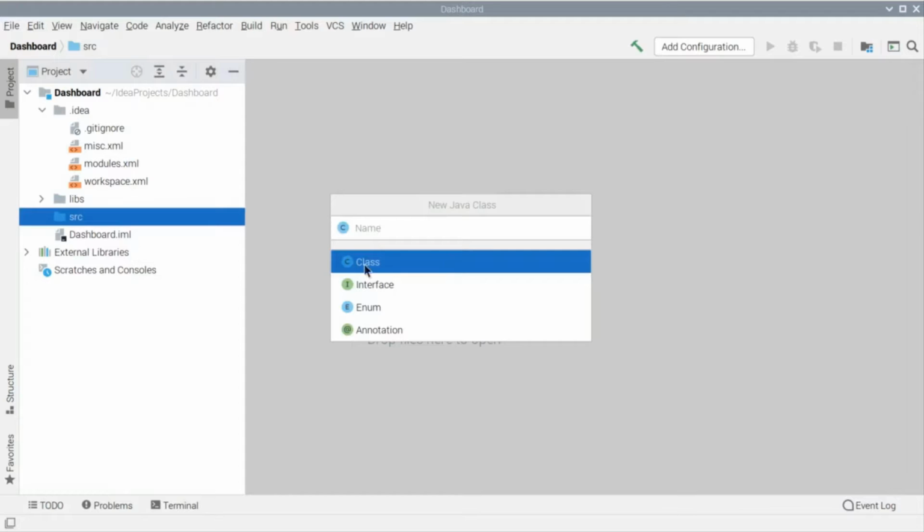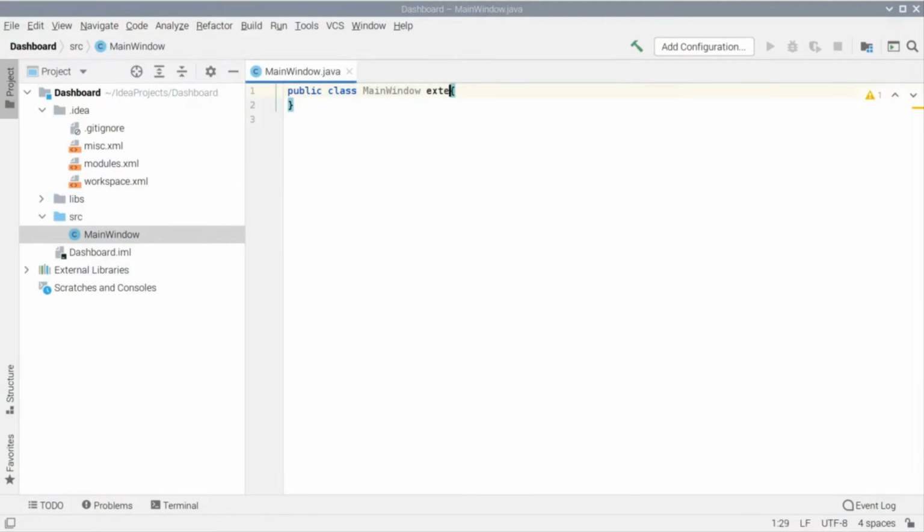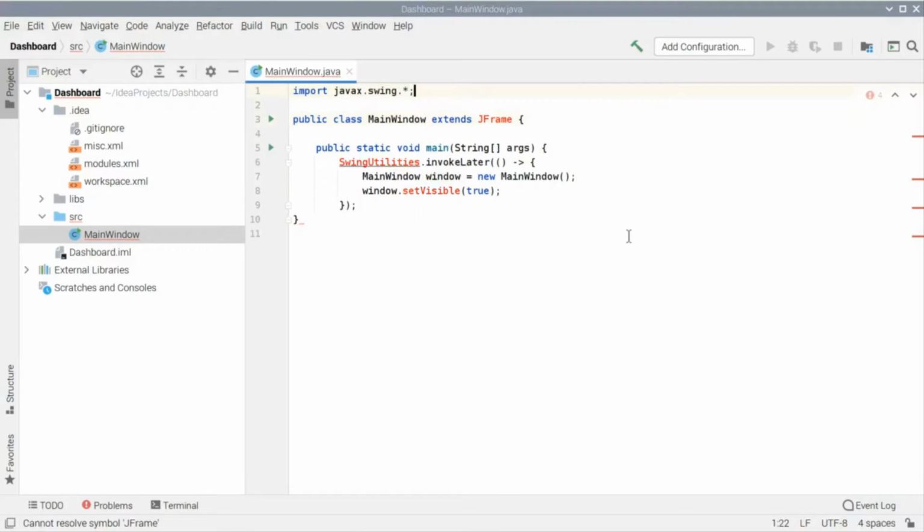Then we add a new class called MainWindow. We make it extend JFrame and we add the main method with the default code for rendering the window when the application starts.